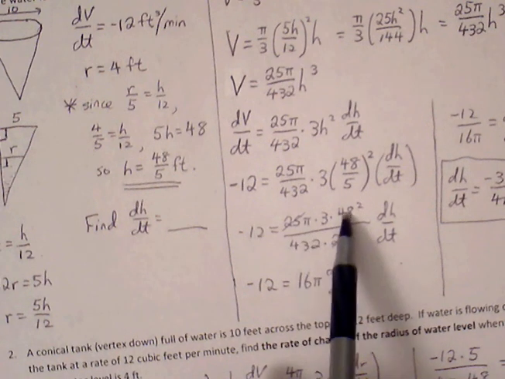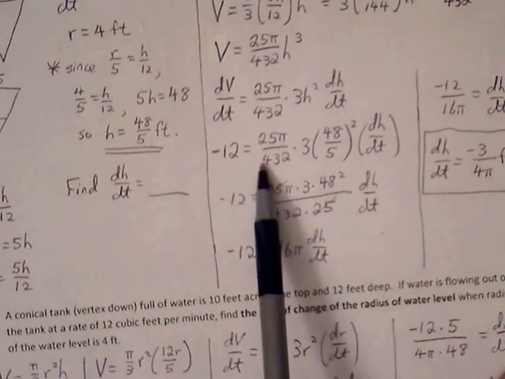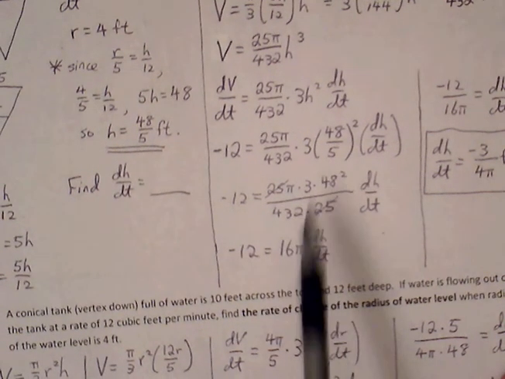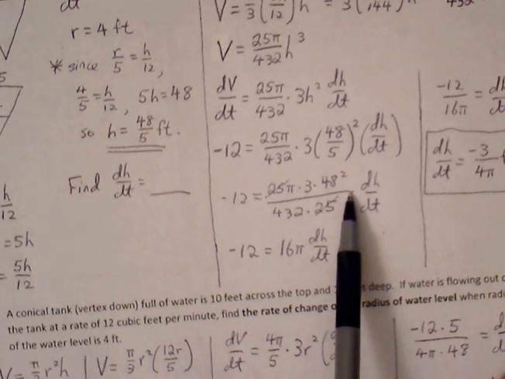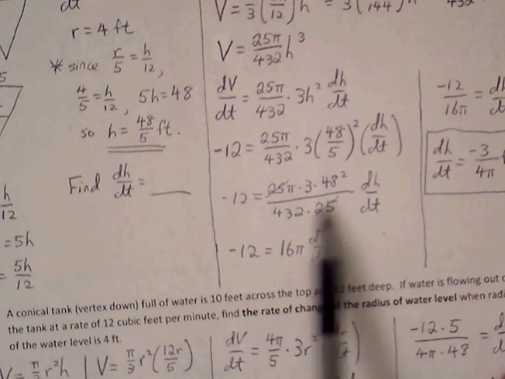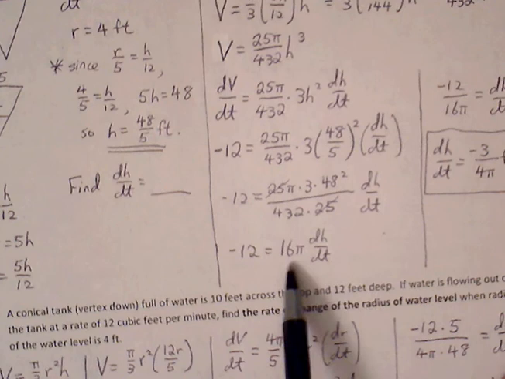25 pi, 3, and 48 all go in the numerator. 48 squared all goes in the numerator. The denominator is just 432 times 5 squared, which is 25. And then we divide this over to the other side. But first, this actually cleans up a little bit nicely. The 25s cancel out, and the numerator and denominator will just reduce to be 16